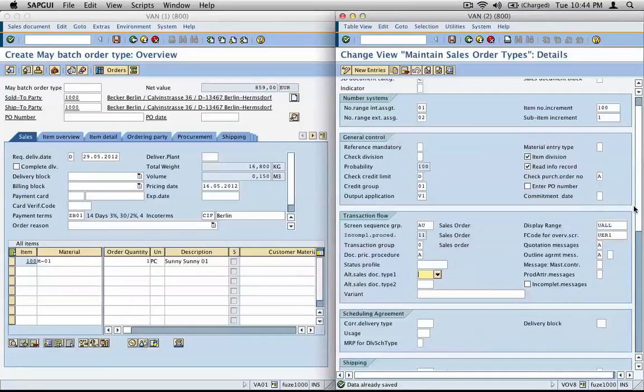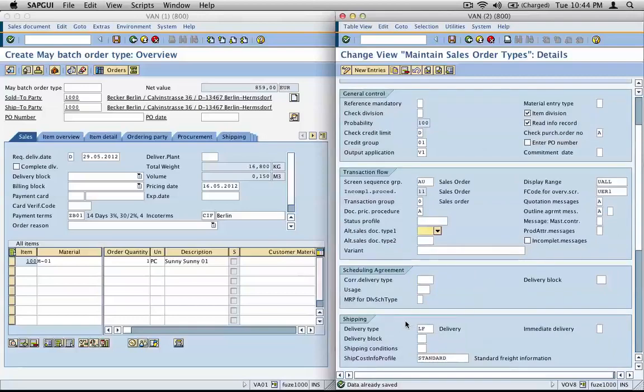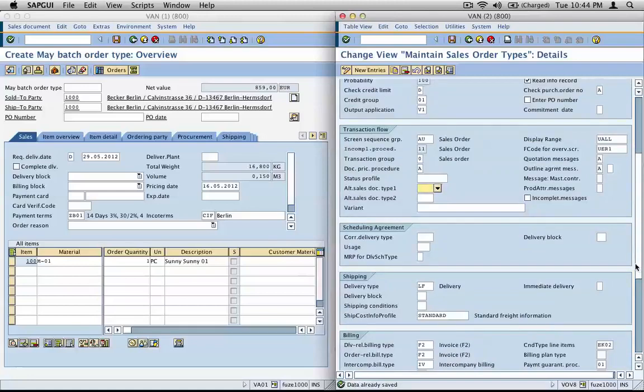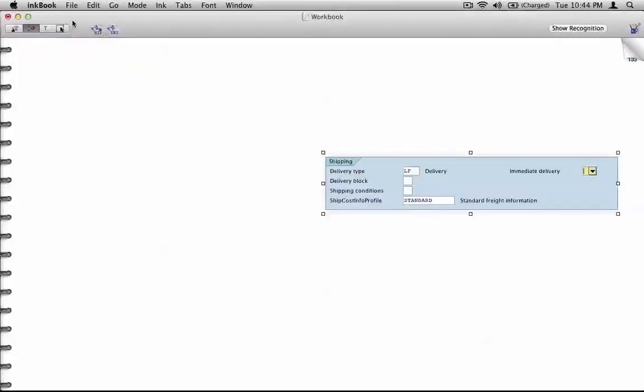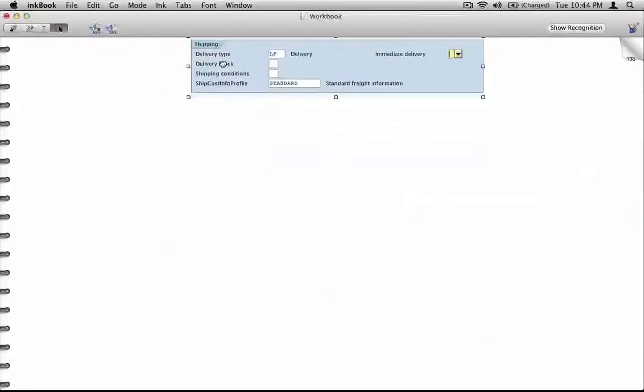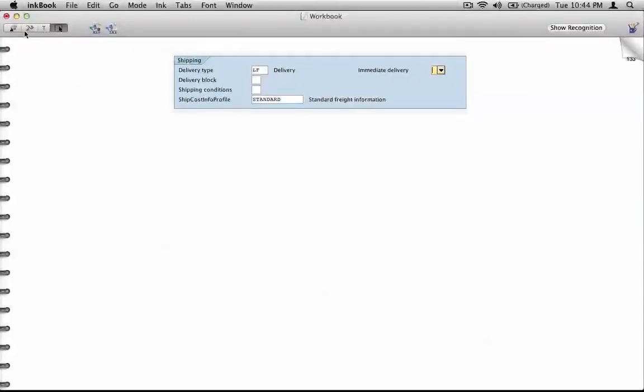Okay, moving on. We have the shipping section, and in the shipping section we will discuss delivery type, delivery block, shipping conditions, and immediate delivery. Go there, and go here. There we go. And the important fields are 1, 2,